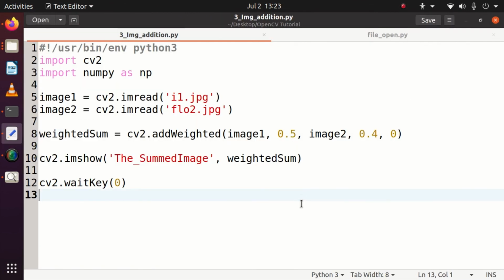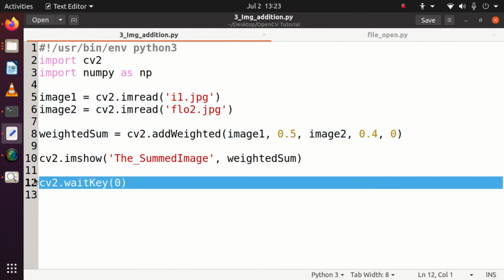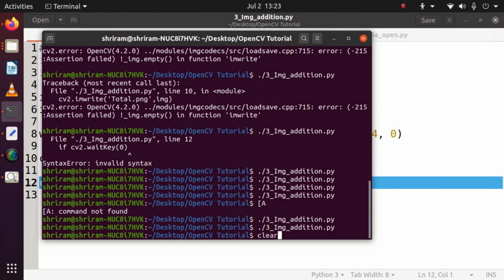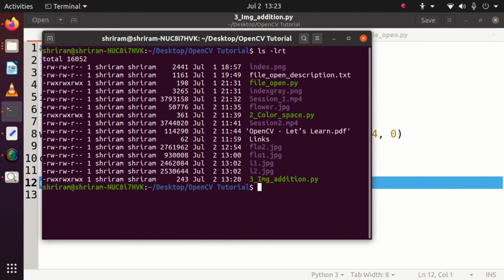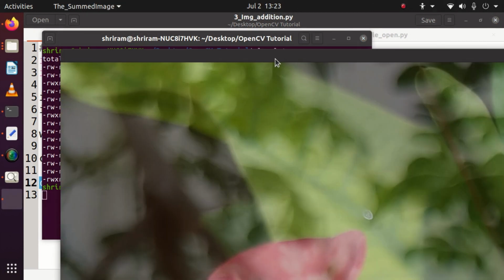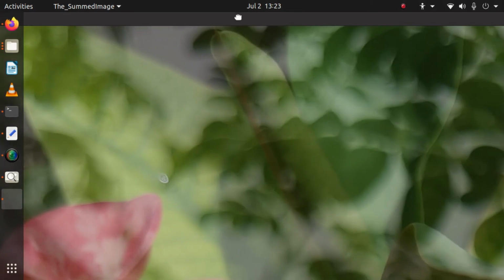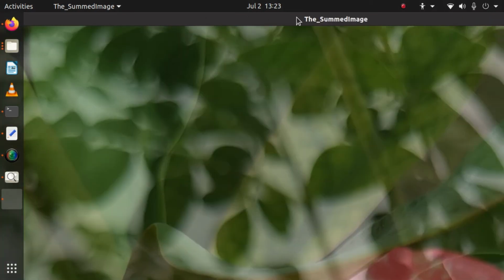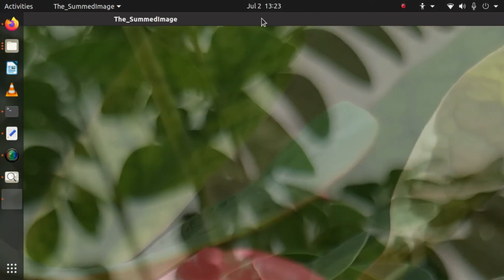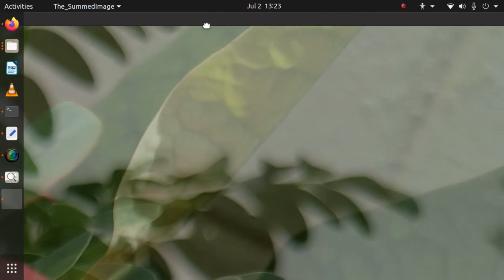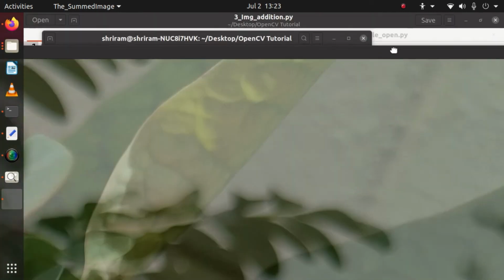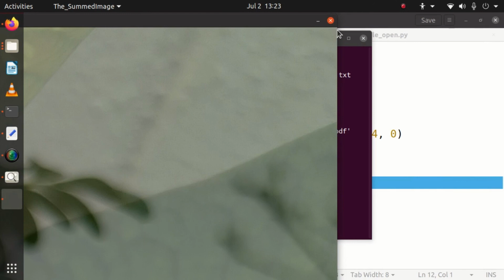Now I will get the display done for the final image which is generated out of image 1 and flower2, which we have had as the input images, with cv2.imshow used in the same way that we have used in the previous tutorials. Can we run the code? Yes, I'm going to do that right now. 3_image_addition. You can see that both the images are clubbed right now and it's a big image, so I'm scrolling it step by step. The name of the image is the summed image, and this is the combination of two images that we have generated as one image with the code that I have shown you.